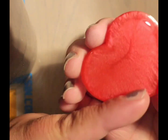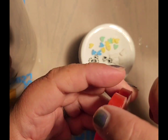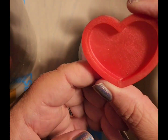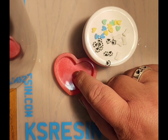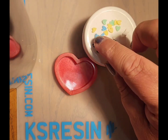So anyway, this one I put the colorful epoxy around the edges, but then instead of waiting for it to cure and covering it with clear, I just did the whole thing red. So because of that, none of my inclusions are pink or red, or I wouldn't be able to see them very well. So this is a mixture